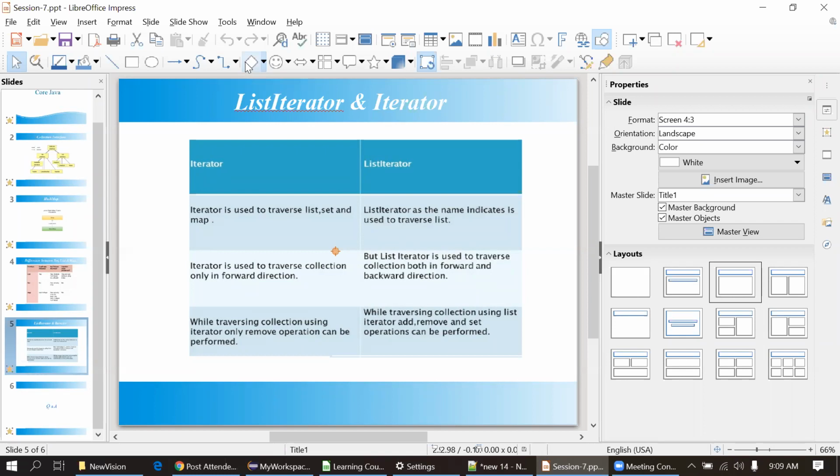List iterator is used to iterate the list only, and iterator can be used for all three: list, set and map. In the list we can go forward and backward. That's why list iterator has some different functionality. It has the option to traverse in both directions, but iterator doesn't have that facility. That is the main difference between iterator and list iterator.